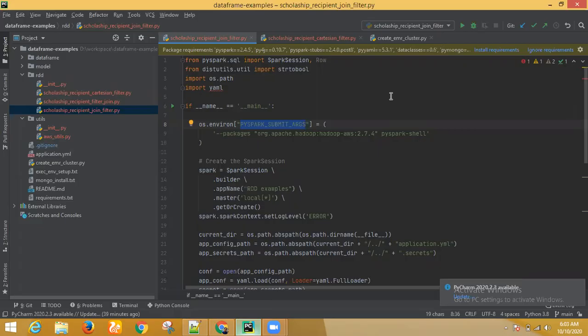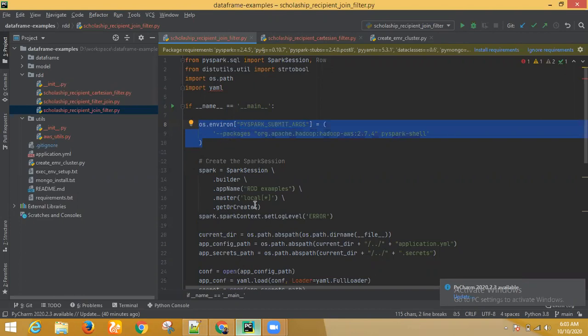If you do all these setups, like I have done it on Mac, it's working fine. You can right click and execute. Similarly for Ubuntu also, all Unix-based systems, you can right click and execute. For that I have added this code. But if you don't want to use this on your local computer, right now we're using EMR clusters to execute the code, so this part is completely optional.